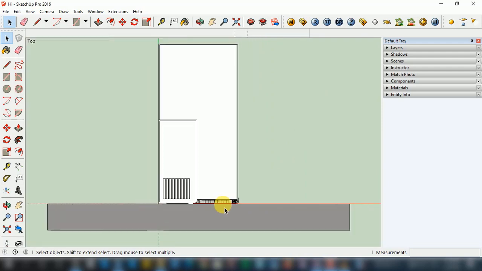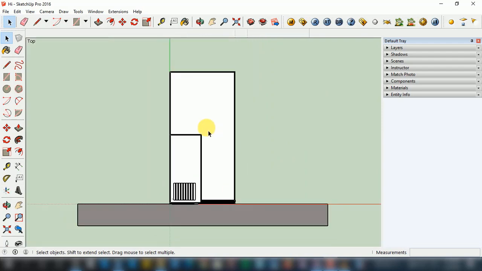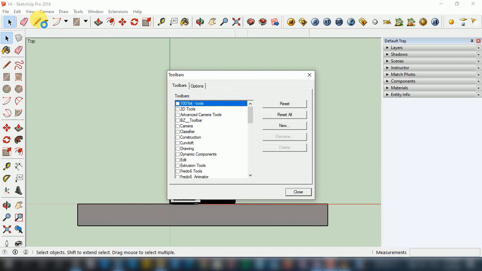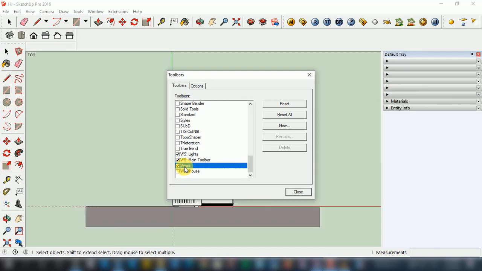If you want to put the standard view toolbar on the user interface, you just need to click on view, and then click on toolbar. The toolbar window appears, and after that you need to scroll down through this list and click on view, which is the standard view toolbar option to be visible.